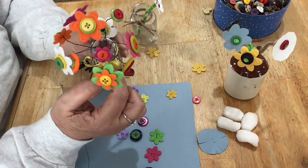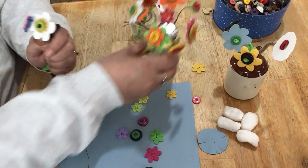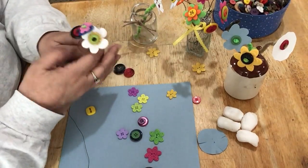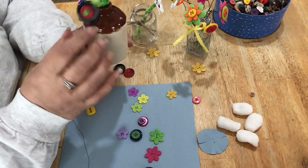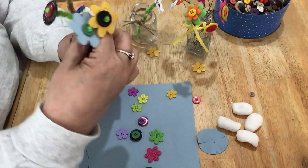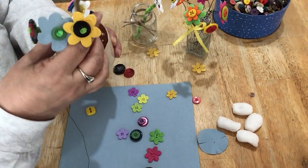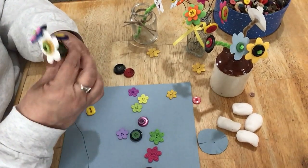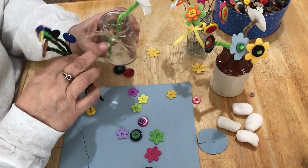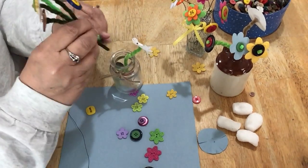And I was able to poke them through the holes. And then I tied a little ribbon around it. These were some other little, this one is like a little jug. And it has a small little hole on it. So I could just stick them in there anyway. And this was a little jar. And I just tied a little rope ribbon around it. And I can put these